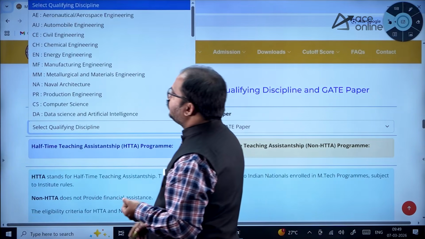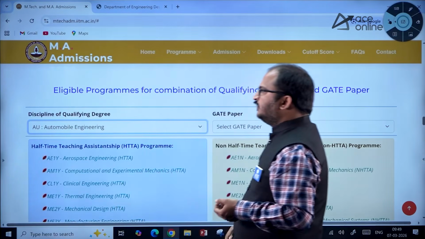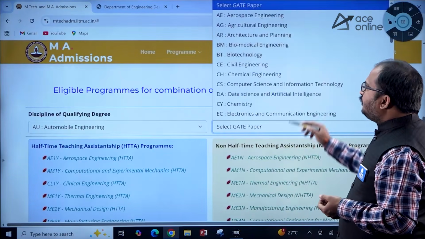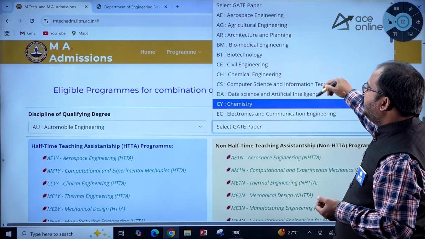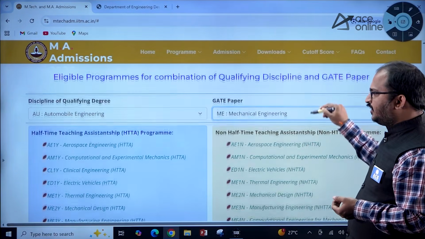For example, suppose you have done your discipline in automobile engineering. You have written the GATE paper in mechanical engineering, let us say. So, you can go and click there, mechanical engineering. Here you can see